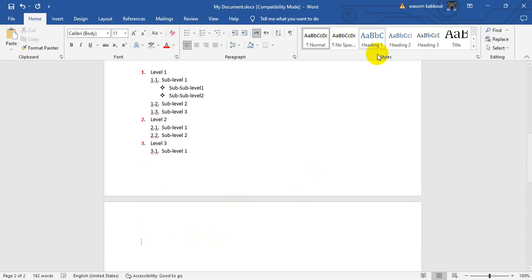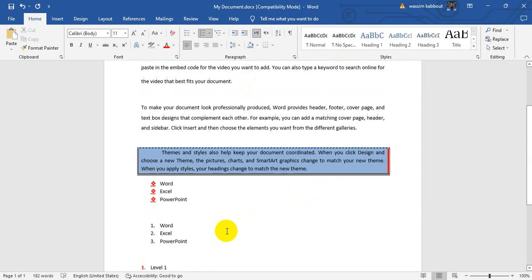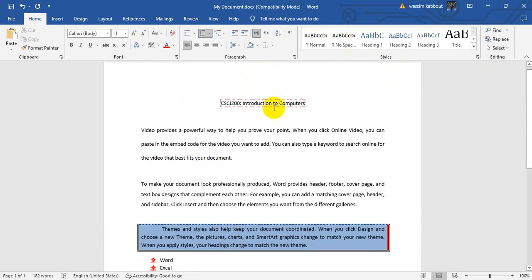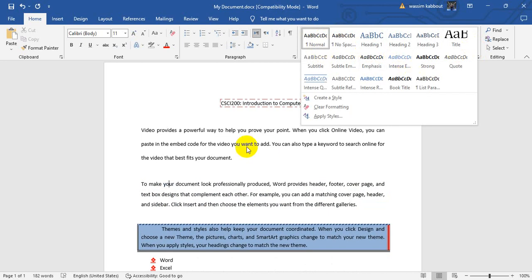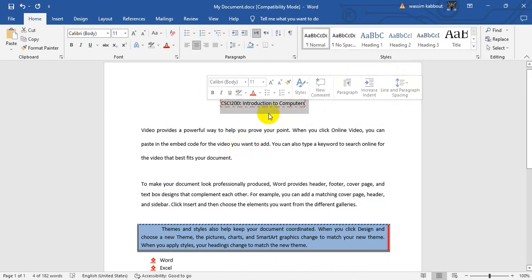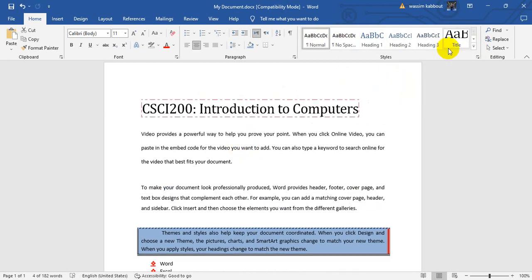Now moving on to the styles section. Here I can define a style to be used inside my document. For example, the default style we are using is this style. I can select any style. Let's say, for example, I want this title to be assigned the predefined style for titles, so I can select the style